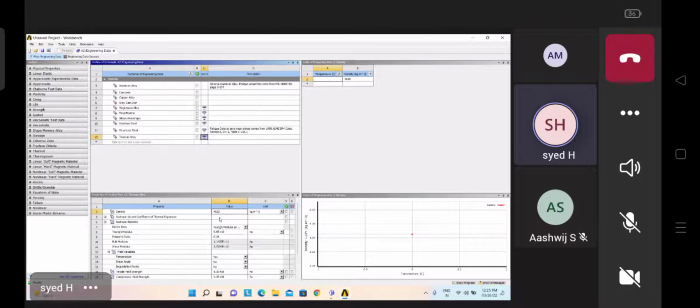Now after that, suppose for example, if I want to create my own material, in that case what we have to do? See here, we can create our own material also. It is asking me here, click here to add a new material. In your library,